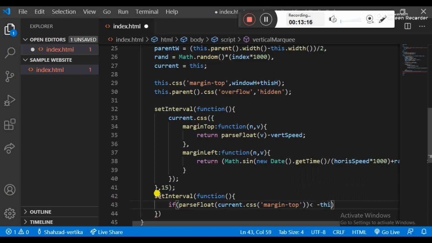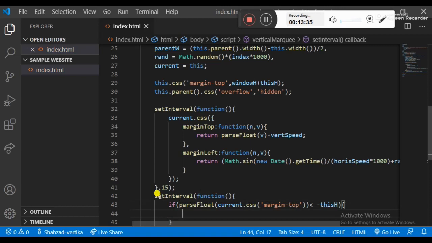and in this function, in this condition, I am applying a parseFloat to the current CSS margin-top, and it is less than minus this horizontal. So what happened?